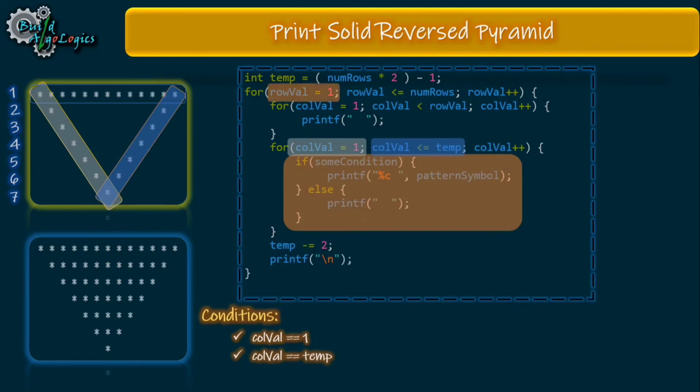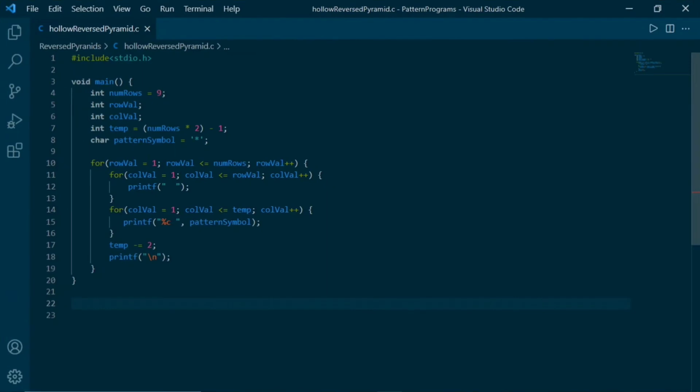Now we need to print this part here. So this part is nothing but our first row, as you can see here. So our last condition will look something like this. So we need to print stars only for these particular values, other than these values print the white spaces. That is why we have used this if else block here. This if else block will contain these conditions. That's it. Let's write our code for this pattern.